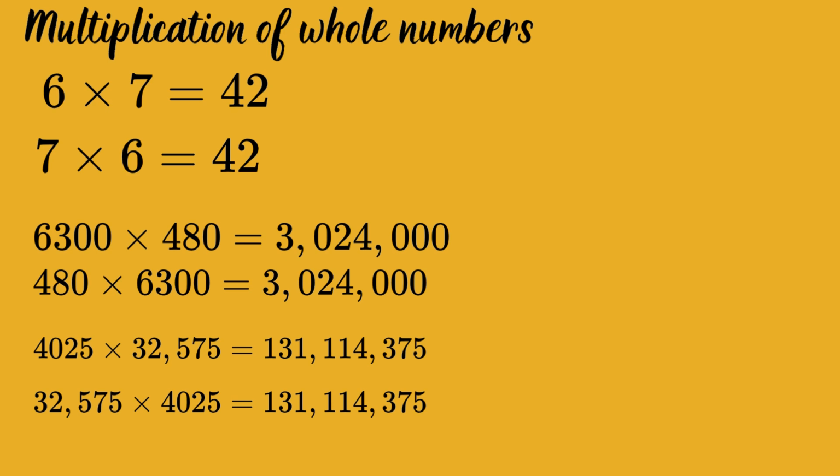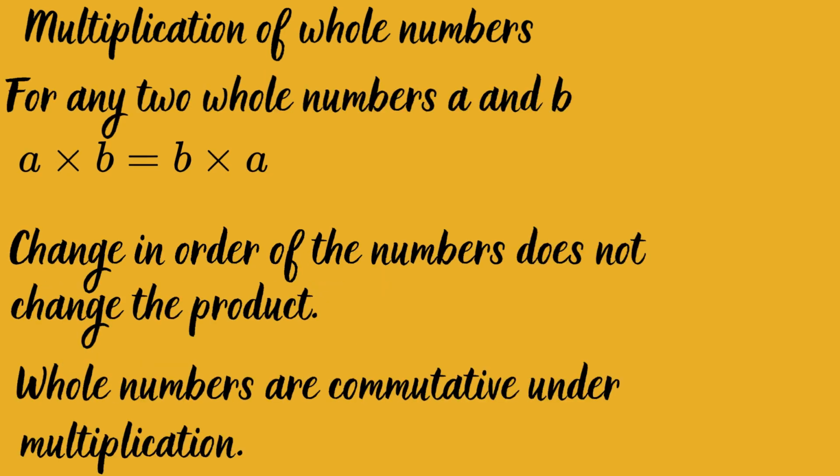42. So, if we take the example of a few other whole numbers, also we realize that changing the order does not change the product. Thus, we can say that for any two whole numbers a and b, a into b is the same as b into a. Therefore, change in the order of the numbers does not change or alter the product, and whole numbers are commutative